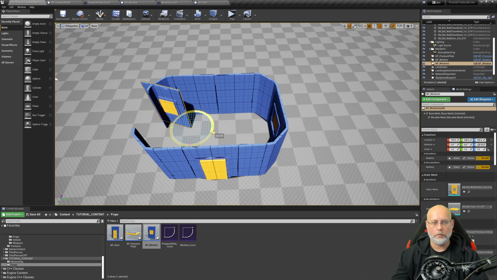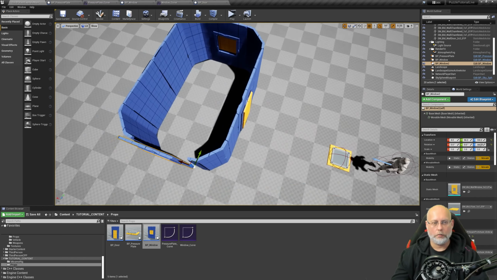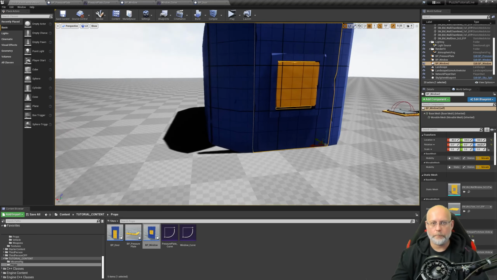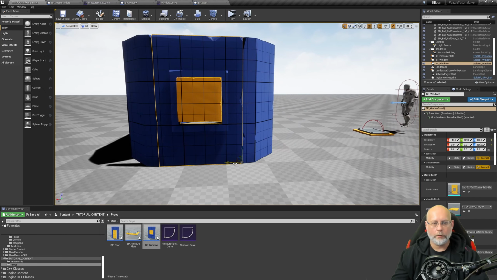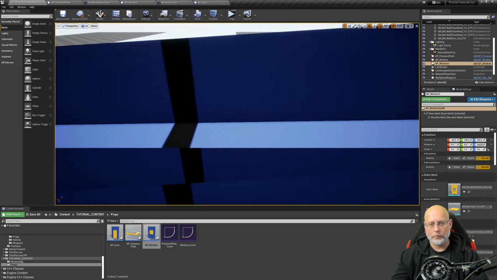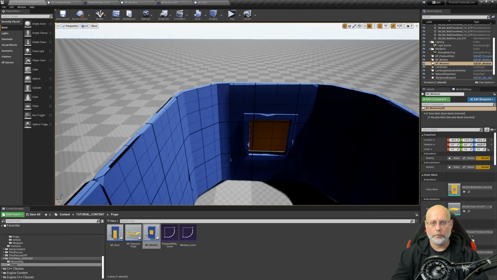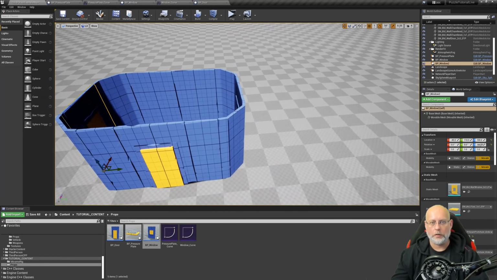There's the other one. Let's just rotate it outwards. And just a little bit of positioning. Okay, so there's the